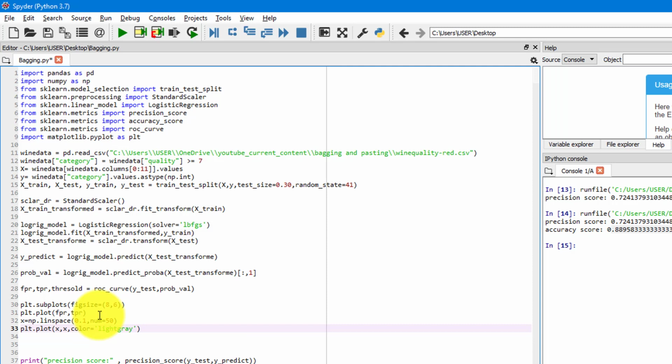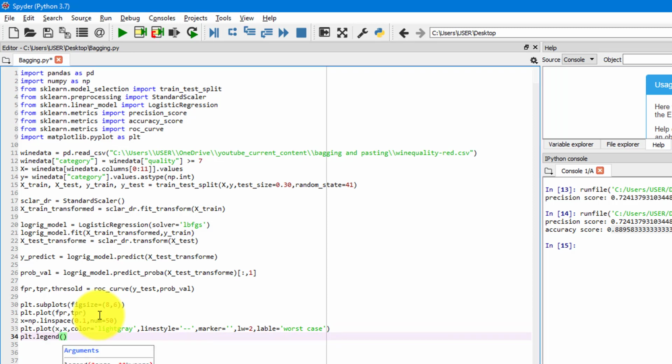Okay, now line style equals to, let's say we'll give this one, okay, comma, marker, let's say we'll not give anything over here, equals to 2, and also we'll give it a name, let's say label equals to, we'll just give the worst case, okay, worst case, so that we'll always try to understand where our ROC curve exists compared to worst case over here. Now you can give some legend